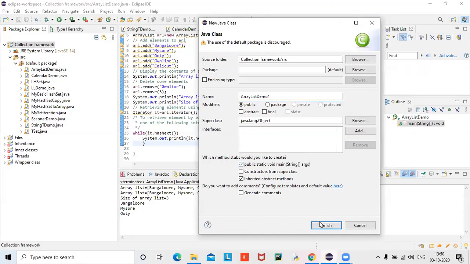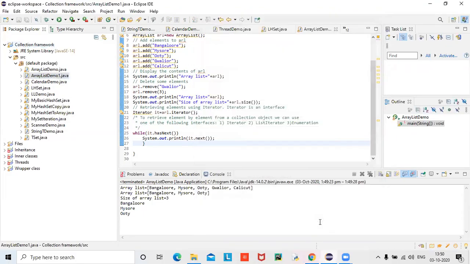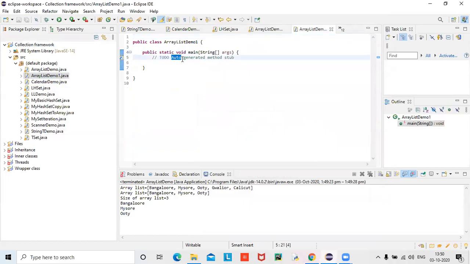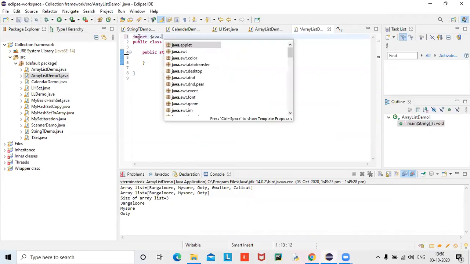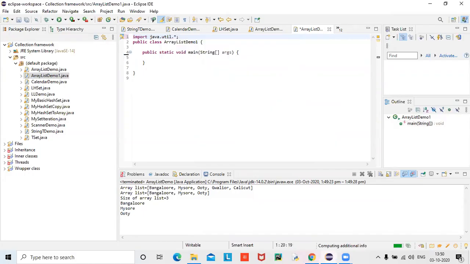Main method. Array list. URL AL, otherwise AL is equal to demo array list.